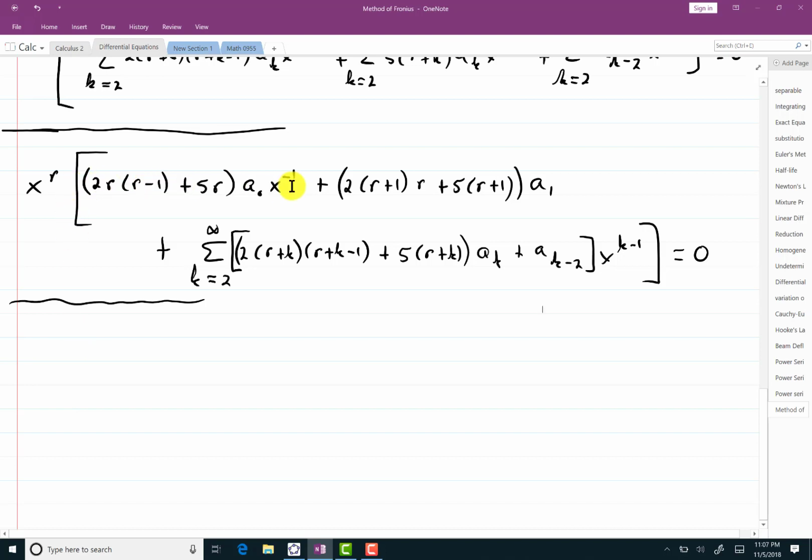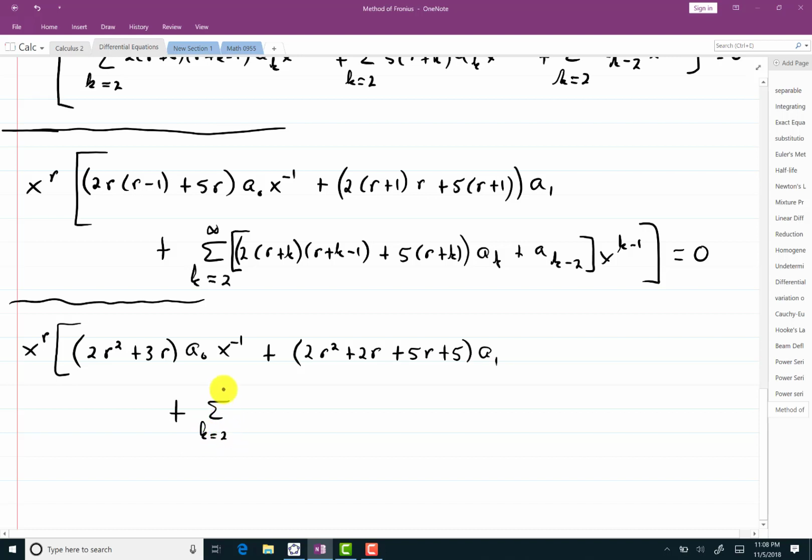Okay, now let me do a little bit of simplifying here. For this, I'll just multiply it out. I have x to the r times 2r squared minus 2r plus 5r. So 2r squared minus 2r plus 5r is 2r squared plus 3r, and those are attached to a sub 0, x to the negative 1. Plus, here I have 2r plus 1 times r. So I have 2r squared plus 2r plus 5r plus 5 times a sub 1, x to the 0 doesn't amount to much, and then plus